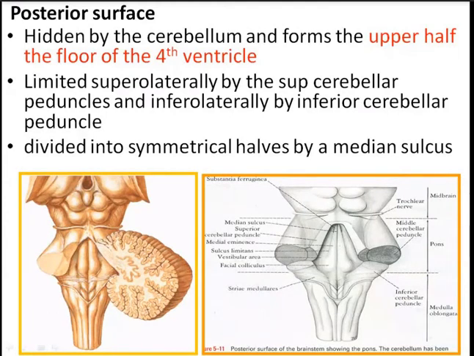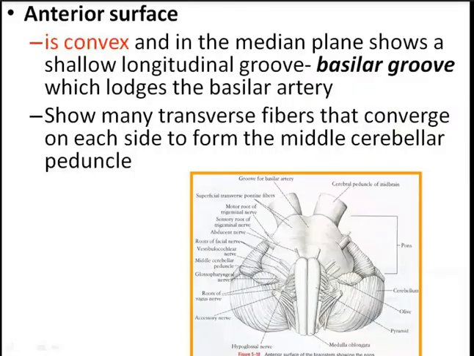And talking about the posterior surface. First of all, a quick review of the anterior surface. So this one is the anterior surface. The prominent feature here is the basilar groove, which is occupied by the basilar artery, and it gives different branches. And this is the trigeminal nerve, a mixed nerve having the motor and the sensory root. So motor is the smaller one and sensory is the larger one.